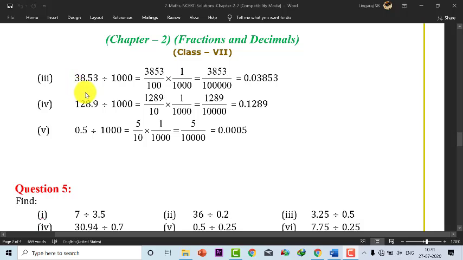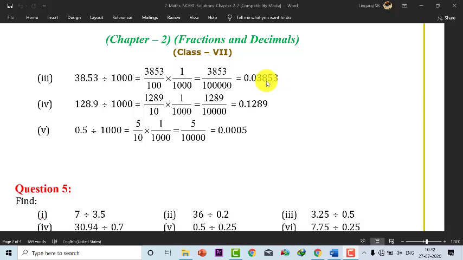The given question is 38.53 divided by 1000. 38.53 in fraction form is 3853 by 100. The inverse of division is multiplication and the reciprocal of 1000 is 1 by 1000. So 3853 into 1 is 3853, 100 into 1000 is 1 lakh. So the decimal form of this 3853 by 1 lakh will be